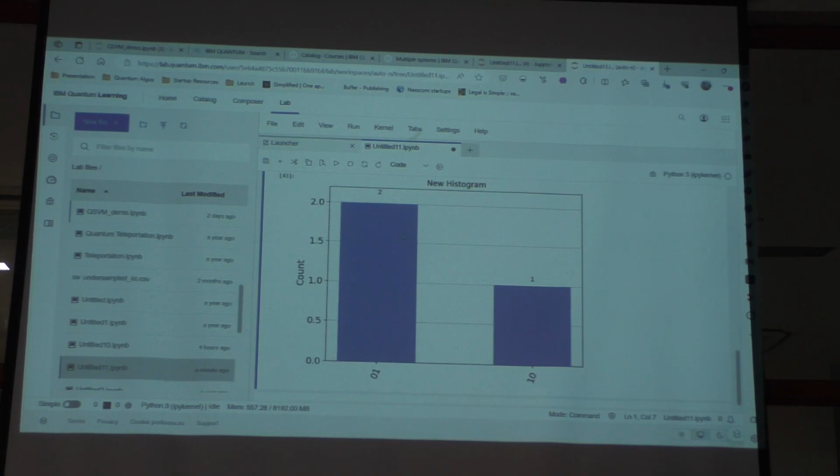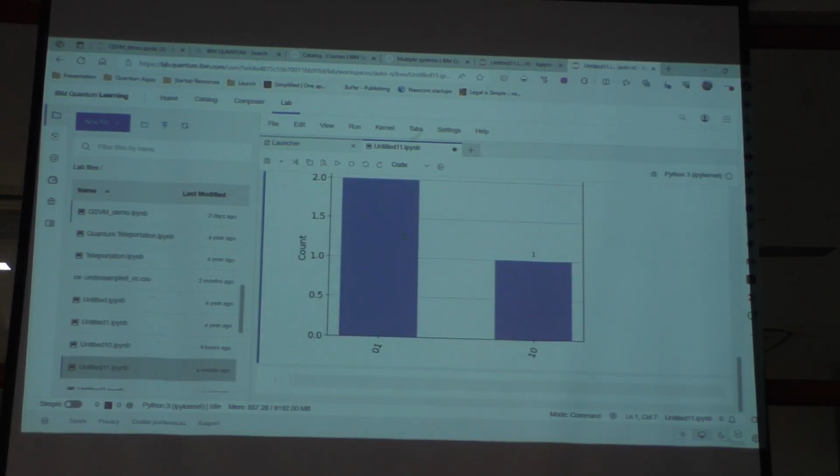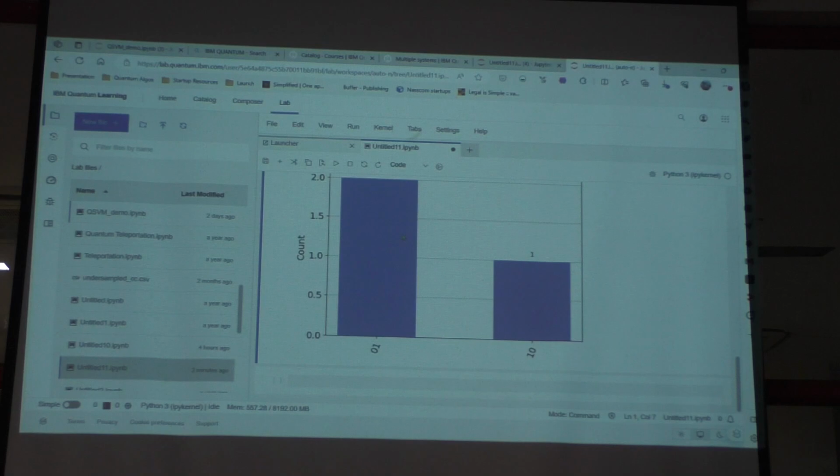So you can also see for 1 qubit, with 2 qubits there are 4 states possible, 0 1, 1 0, 1 1, 0 0. But with 1 qubit, only 2 states are possible, 0 and 1. Then there you can actually play around and understand this much more. Alongside with the learning in Qiskit, you can actually do this side by side.